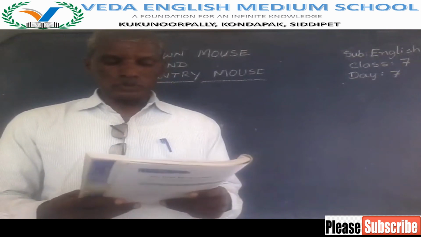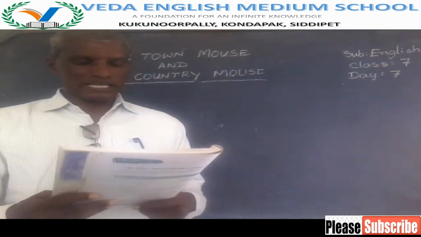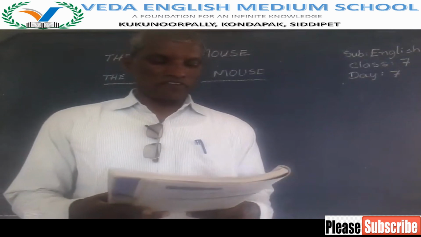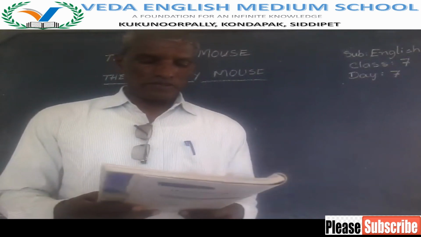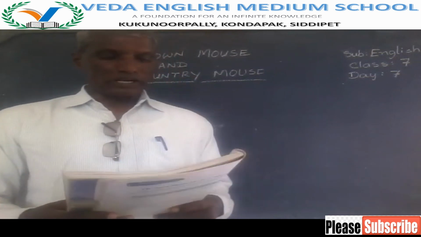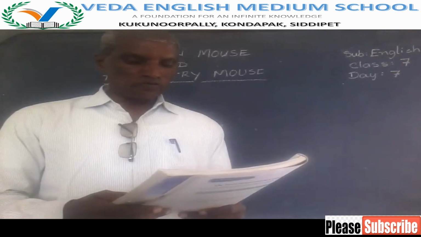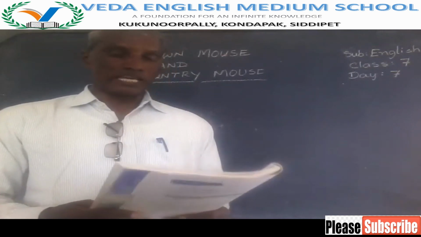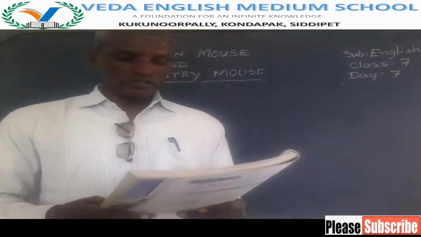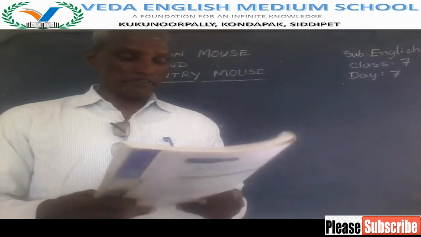The country mouse was waiting at the station. "Oh, cousin," the town mouse said as soon as he got off the train, "the train was dreadful. I feel terribly hot and thirsty. I hope you have something ice cold for me to drink at home." "Well, I have some water," said the country mouse, "but I can look around for some coconut water if you like." "Coconut water?" asked the town mouse in horror. "Don't you have any orange juice or lemonade?" "I'm afraid not,"